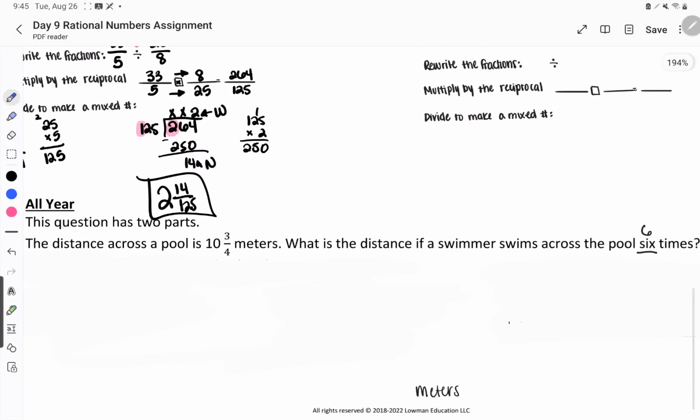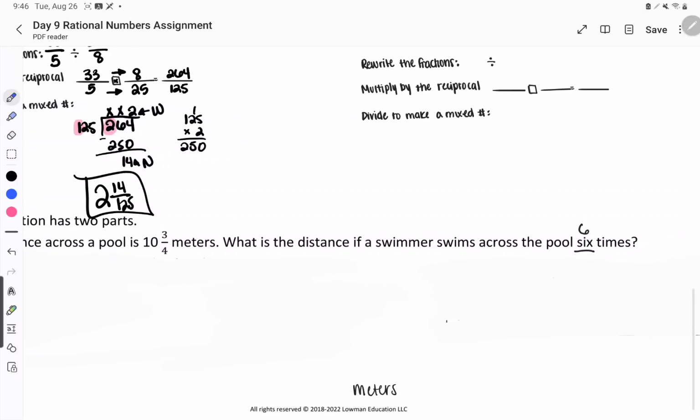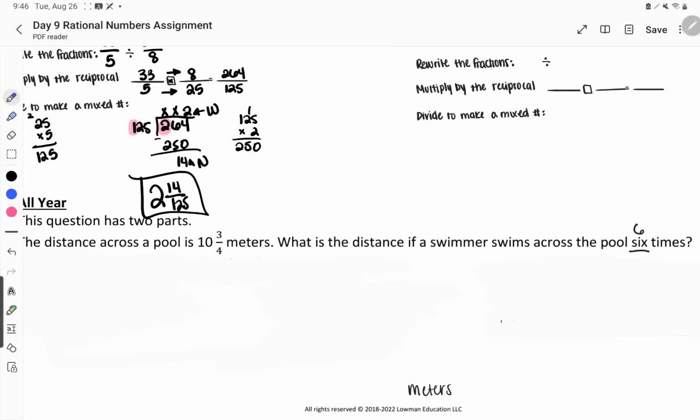All right, this one says the distance across a pool is 10 3/4. What is the distance if a swimmer swims across the pool 6 times? Okay, so we know that they're going across this pool